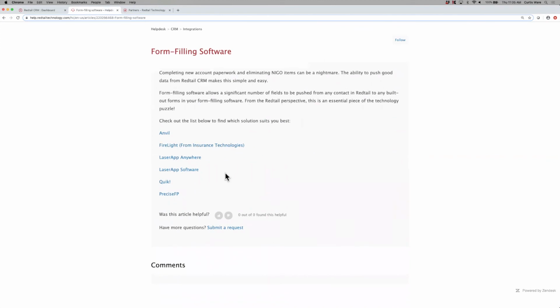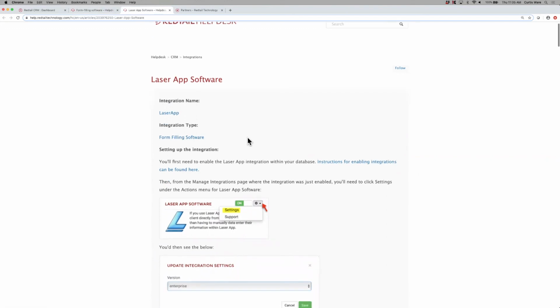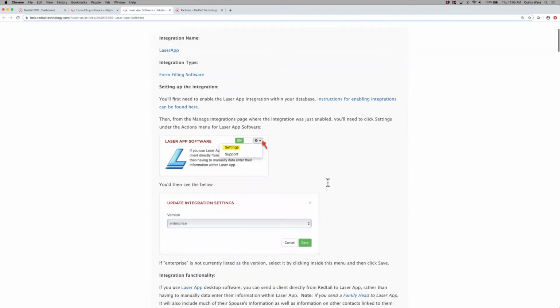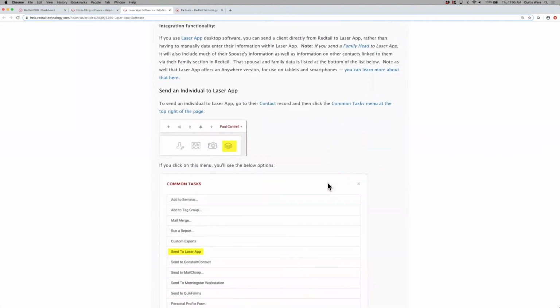So for instance, I can see, oh, hey, we do integrate with Laser App right here. I can click on that item. It'll open up a new page to the specific help desk article about Laser App. What this does is tell you what kind of integration type it is and how to set it up. And then below that, if I scroll down, it'll show me the functionality and how to use this integration. So this is a lot of great information so I can learn exactly what I want to do and set